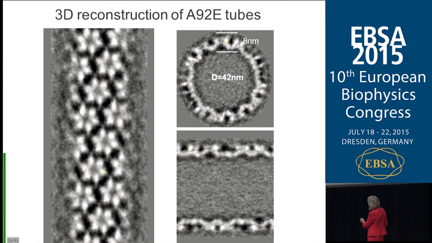You can really see the hexameric arrangement very well on the outside of the tube. This is the parameter I want you to look at, because now you can hopefully remember what the average diameter was of purified capsid cores from virions. That was 44 nanometers. The diameter of this tube is 42 nanometers,